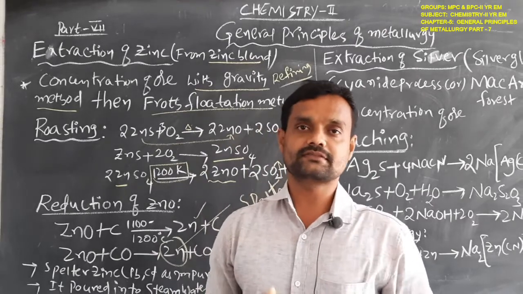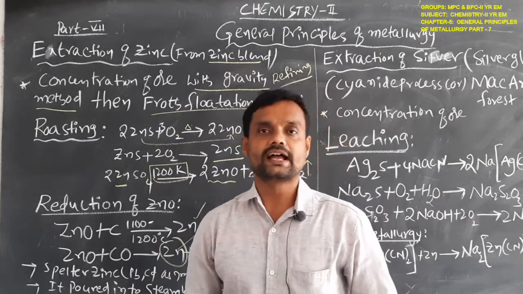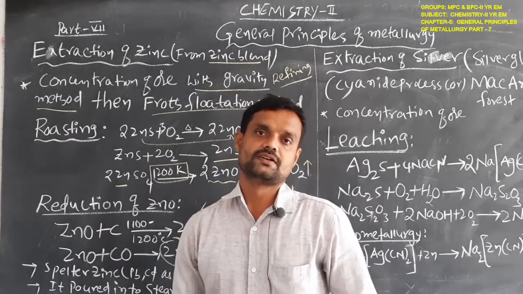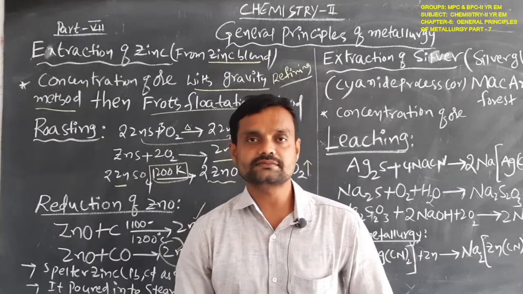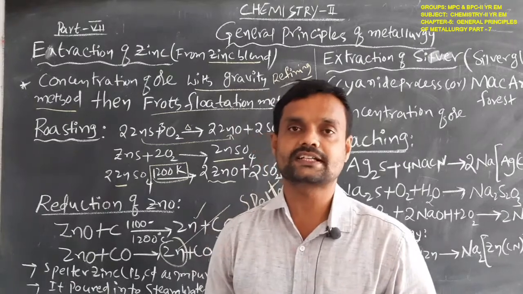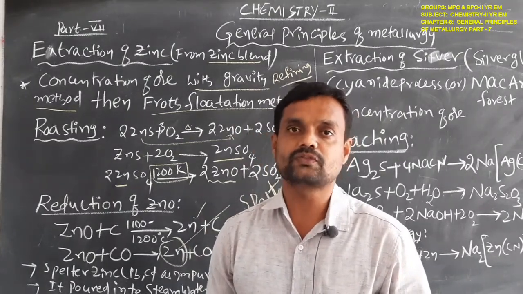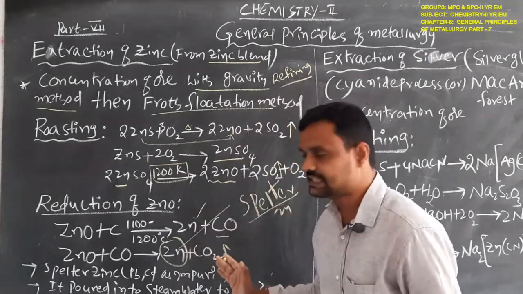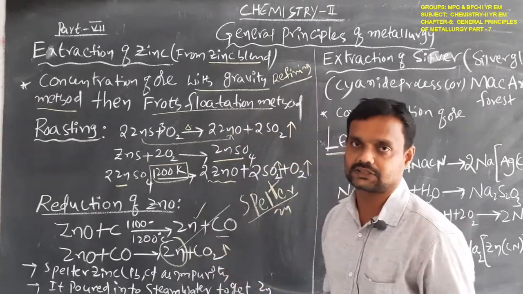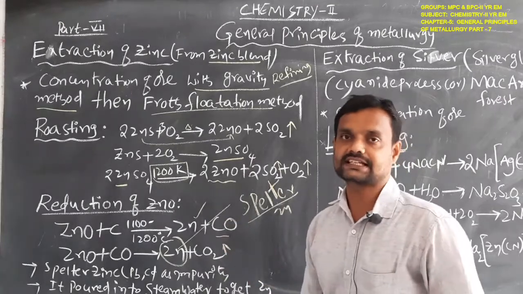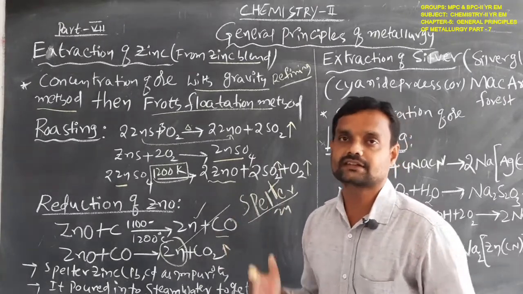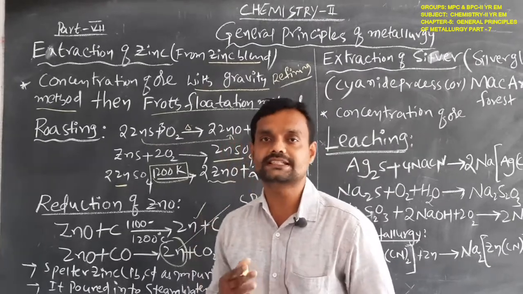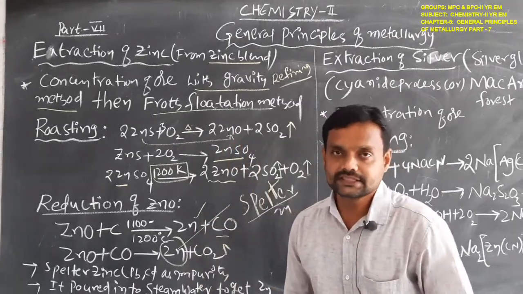Electrolytic refining means an anode, a cathode and a suitable electrolytic solution will be present. The main concept in electrolytic refining is that the pure form acts as the cathode. So here the pure zinc is taken as the cathode and the impure zinc is taken as the anode. By the electrolysis process, finally we get the purest form of the zinc. That is the refining of the zinc.